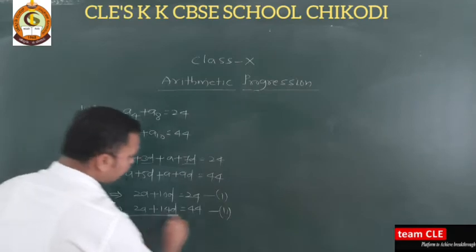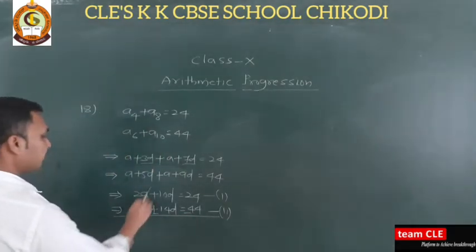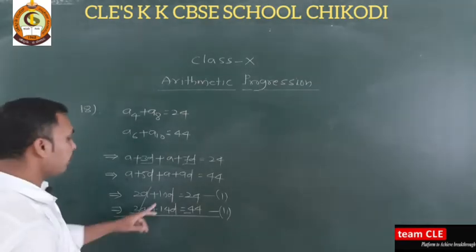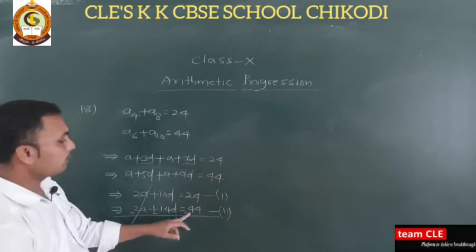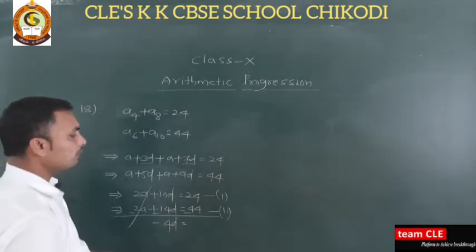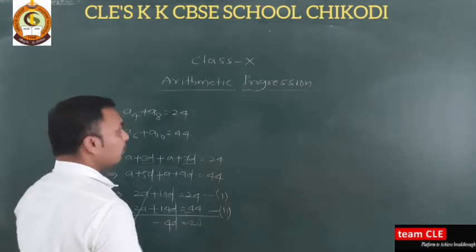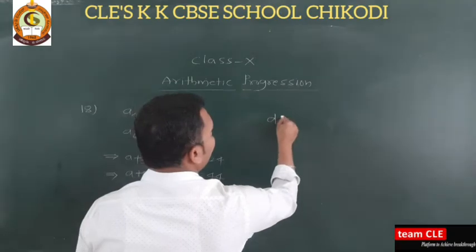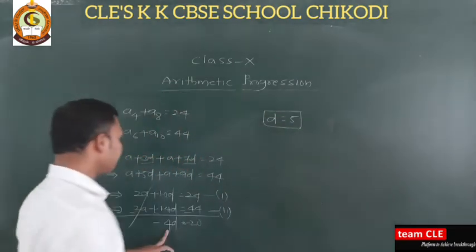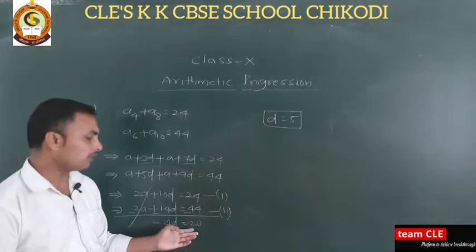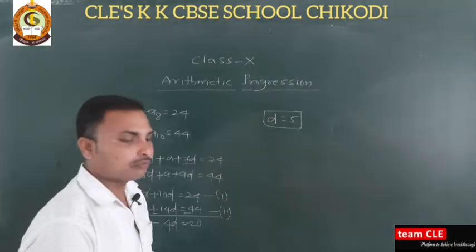Now we need to solve these two equations. Okay. So how to solve? You know it very well. Minus minus minus, these two will be cancelled here. Next we have 10D minus 14D and we will get here minus 4D, and 24 minus 44, how much remaining here? So we will get minus 20. Now we will get D is equal to 5. Okay. So 4 5s will get 20. So D is equal to 5 will get, minus minus get cancelled.